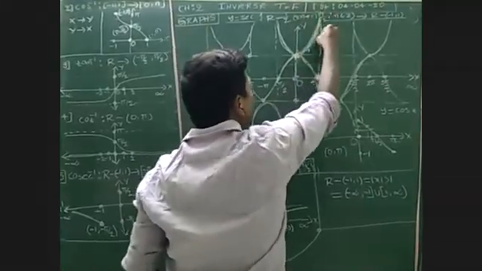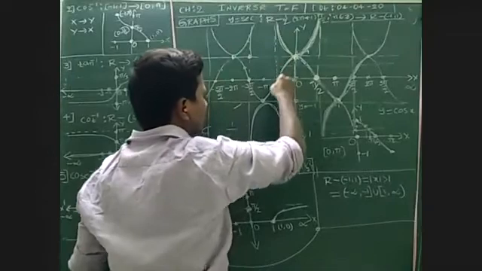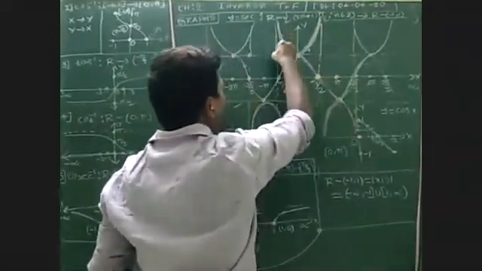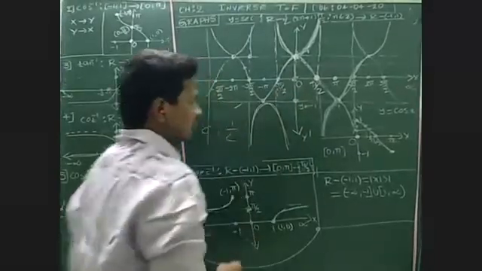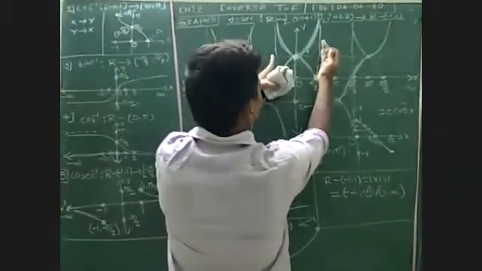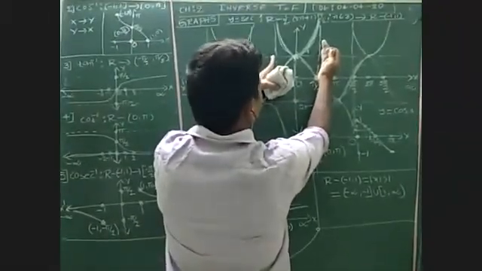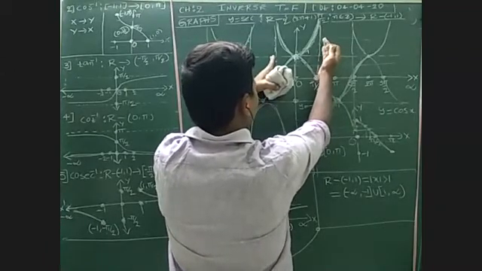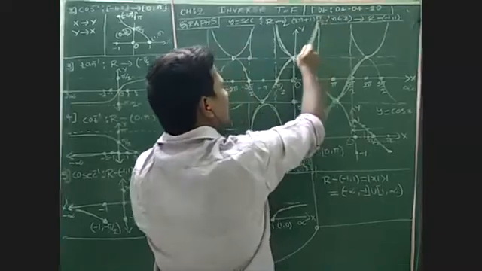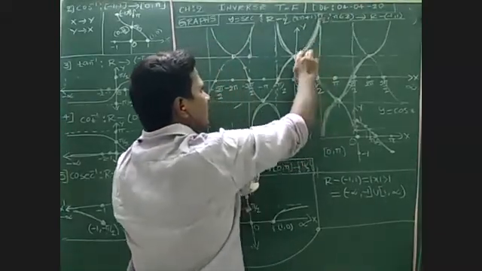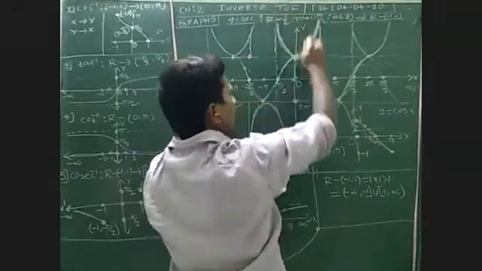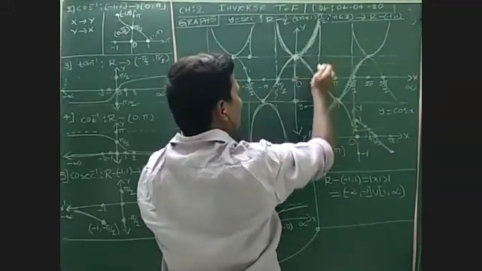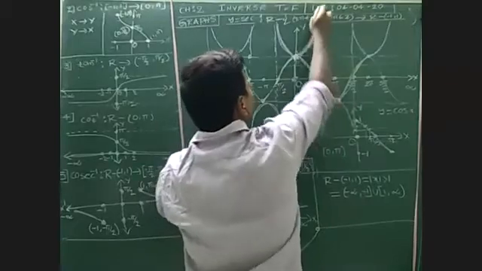What about this line I drew? What does it represent here? This line will represent asymptotes. These two lines represent asymptotes, because an asymptote is nothing but a tangent. The line will meet the given curve at infinity, not at some finite value. It will go to infinity and meet the graph only at the infinite point.